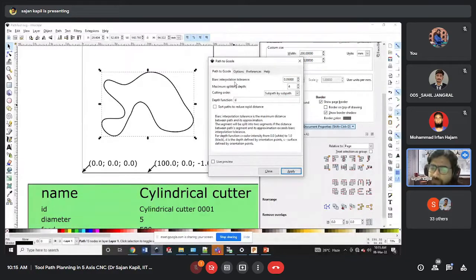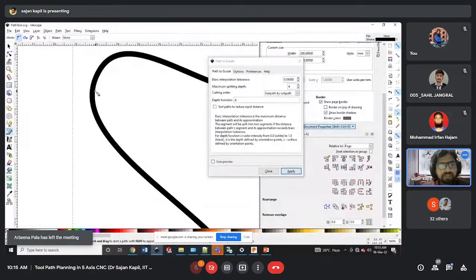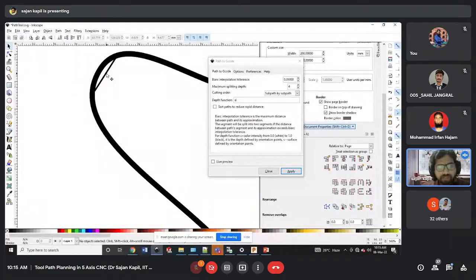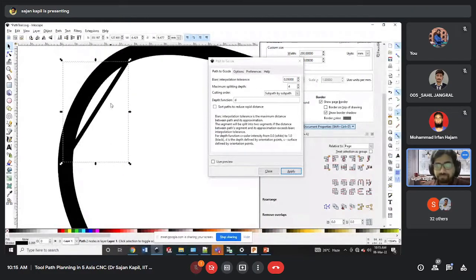The bi-arc interpolation tolerance is the maximum distance between the path and its approximation. So for example, instead of moving on the path like this, it goes like this. Assume that. So what is the maximum distance between the path which it is approximating and the real path? And if the distance between these two is more, I mean, the bi-arc interpolation is not lesser than 0.05,